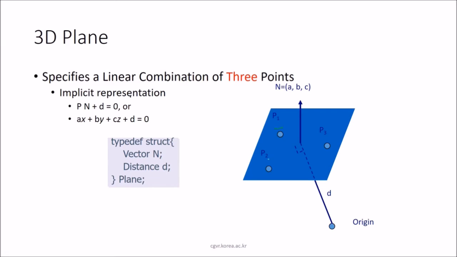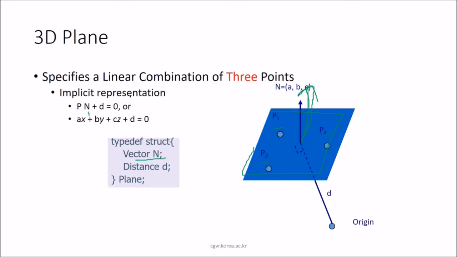These are 1 point, second point, and 3 points. These are 3 points in all. So the 3 points in a plane, the implicit representation of this plane is P·n plus d equal to 0. Now what this means: n is the vector. This is a normal vector to the plane. This is a plane, and n is the normal vector, means perpendicular to the plane.